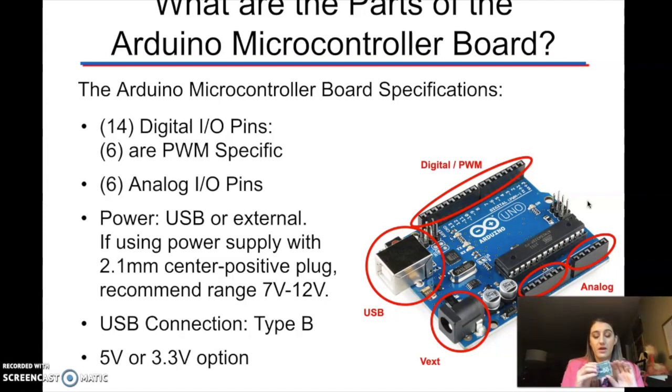On the other side, we have analog pins, 0 through 5, as well as where our power goes. This is actually split into 2 sections where we have the analog and the power. And then over here we have the USB or external power supply. If you're using an external power supply, you have to use between 7 volts and 12 volts. And it's a type B USB connection, like you would use to plug in a printer. And then this has a 5 volt